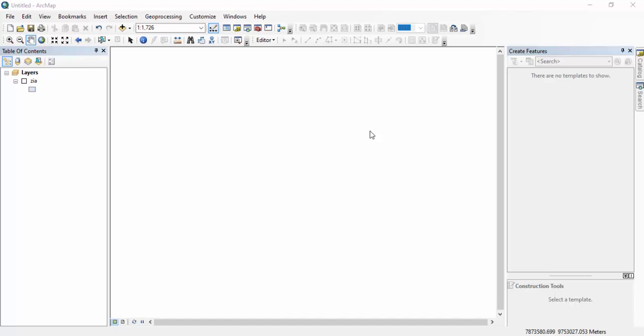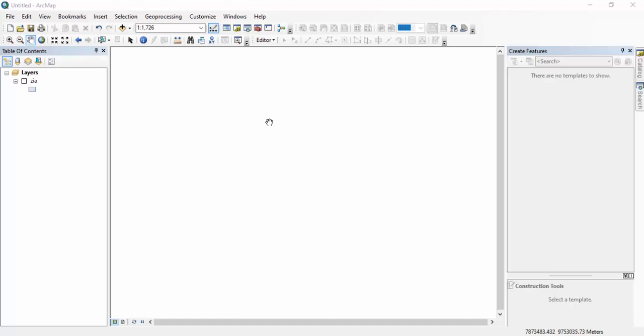In this tutorial we are going to learn how we can put data in our field quickly, because usually it takes a lot of time to put information in one by one. For example, you have a point shapefile with multiple points, say 100 points, and if you put your information in one by one, it will take a lot of time. There's a quick method I'm going to share today.